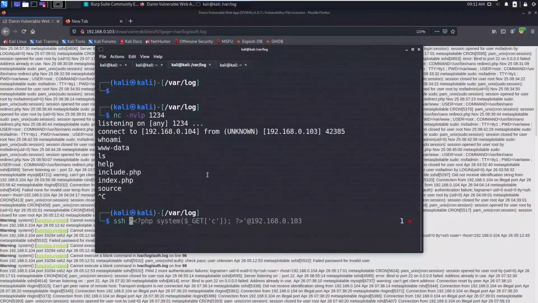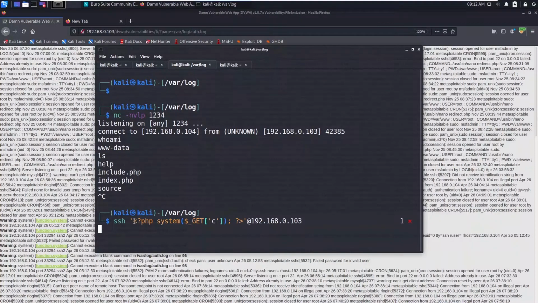Whenever you SSH onto a system using any username and password, it will be logged here, the failed attempts also. So now what you can do is, instead of the SSH username, you can type this PHP command. It's the same we used in the environment variables poisoning.